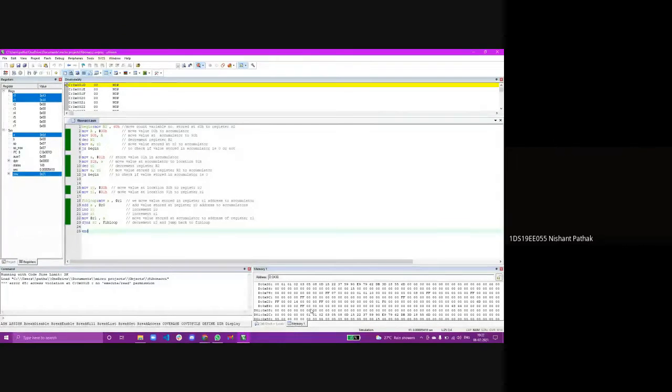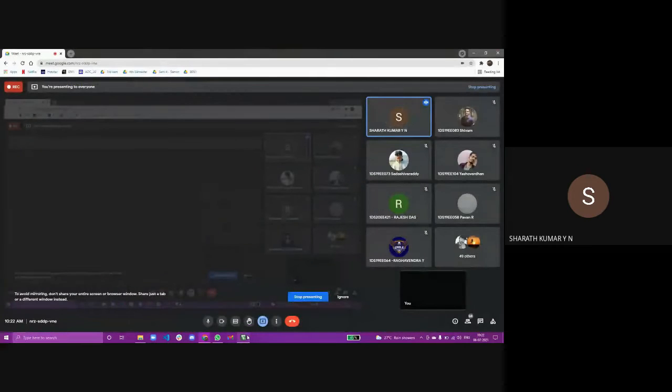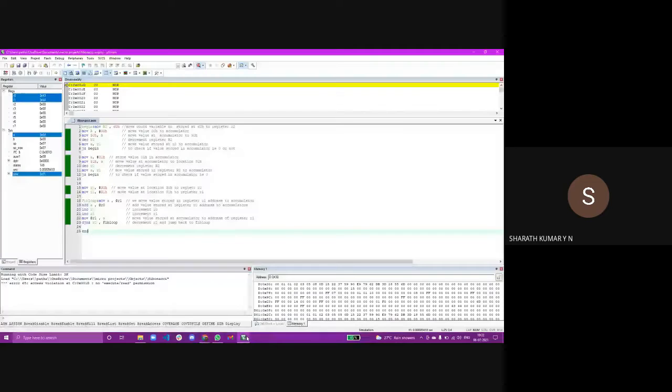Okay, sir. Now you got the point. That's what I understand from the program: the total Fibonacci series generated should be equal to the number stored at 60H. Let us say, for example, you store 10 at 60H. The number of terms generated should be equal to 10. But in your case, it is generating a little more than 15. I lost the count. Maybe it's around 18 or 19 now.